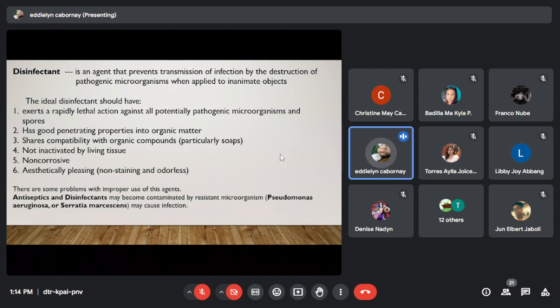So there are some problems with improper use of these agents. Antiseptics and disinfectants may become contaminated by resistant microorganisms, such as Pseudomonas aeruginosa or Serratia marcescens, and cause an infection. So the most common antiseptics are